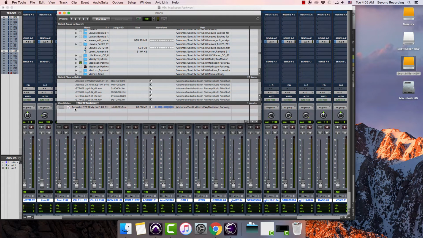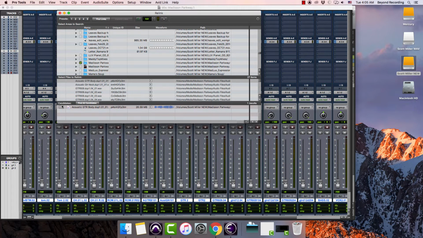So it finds one, and it thinks is correct, but if it had multiple versions of these files, it might offer me some other choices. It allows me to audition these. I can hit play, and then I would be able to hear it. It tells me the file size, which might be important. And if this is the one that I want, and in this case I think it is, what I would